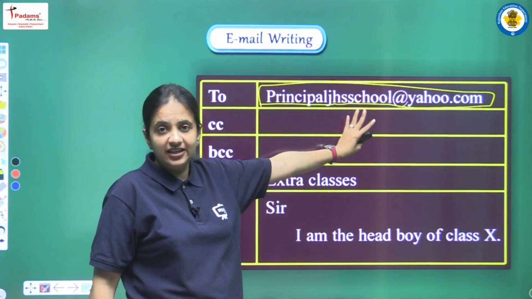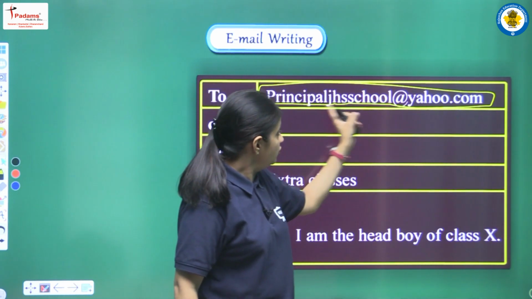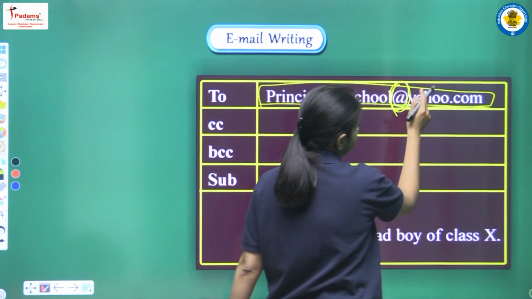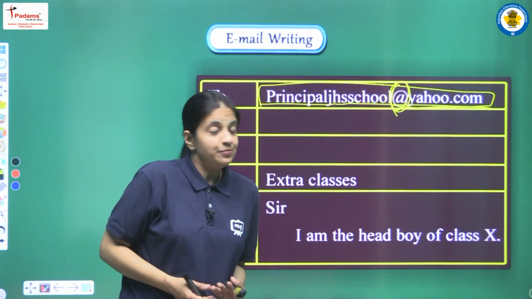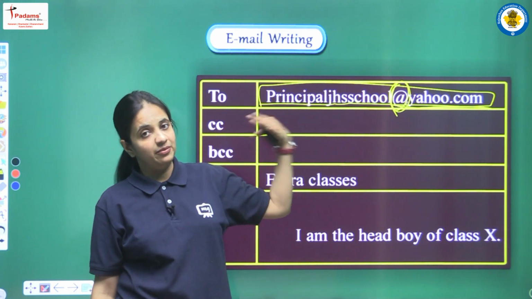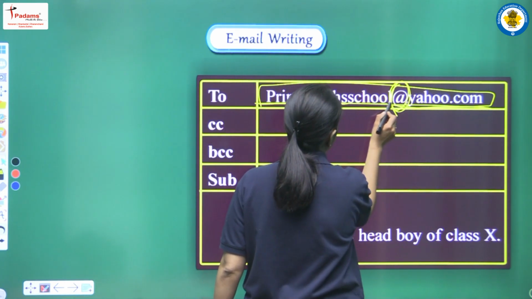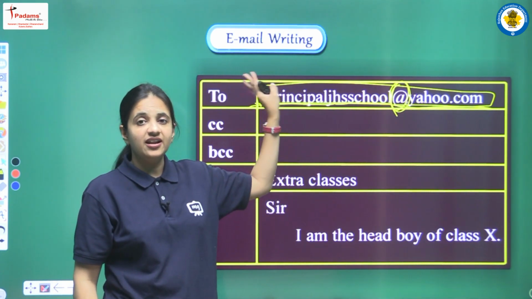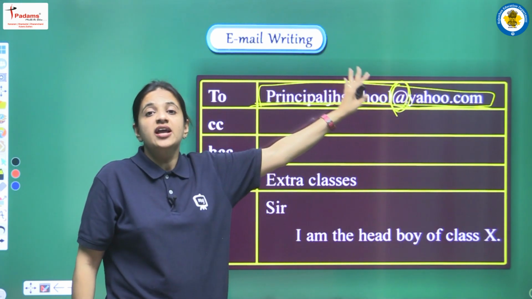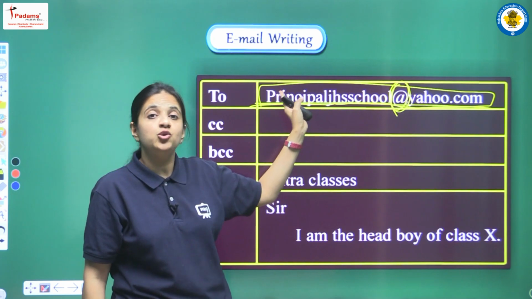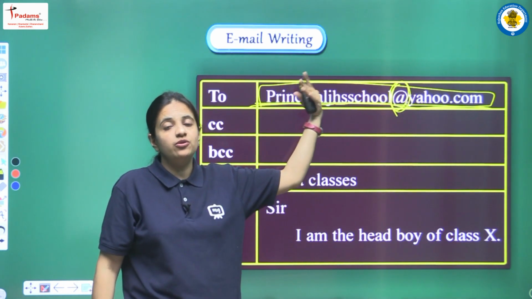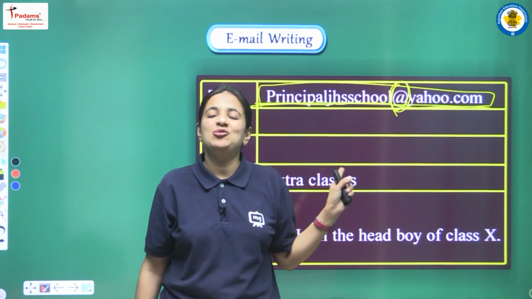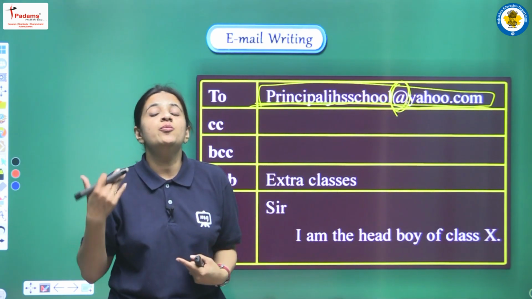Again, some of the important things that I want to mention here. First of all, you can see that we have to use this, that is @, after which we have to write one web portal name. We can write yahoo.com, we can write gmail.com, and here we have to write one appropriate email address, and we have to address the principal. So we can write it this manner, principal JSS school. And one more thing that you can notice here, that there is no space in this entire email address. There is no space that is used. Okay, so in this manner only you have to write the email address of the person whom you are writing your email to.